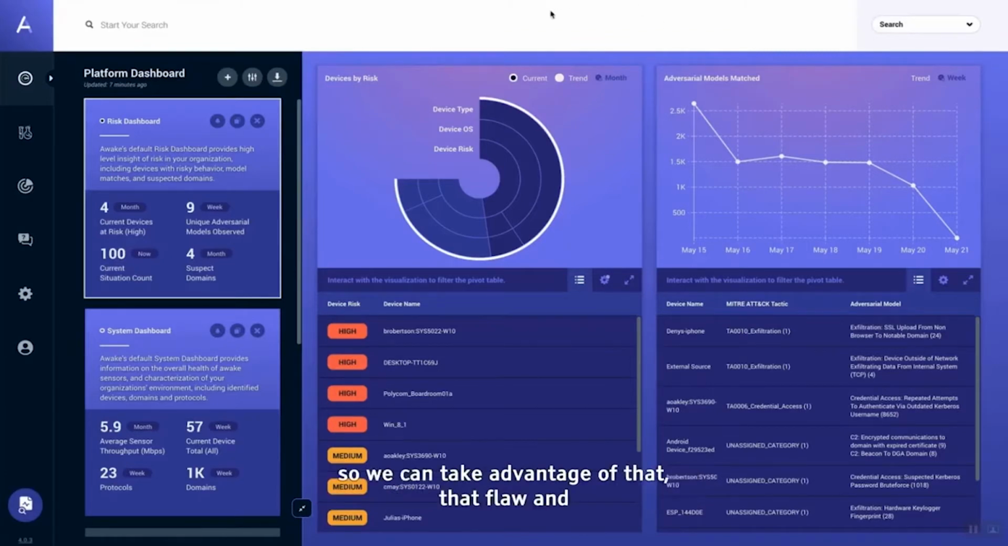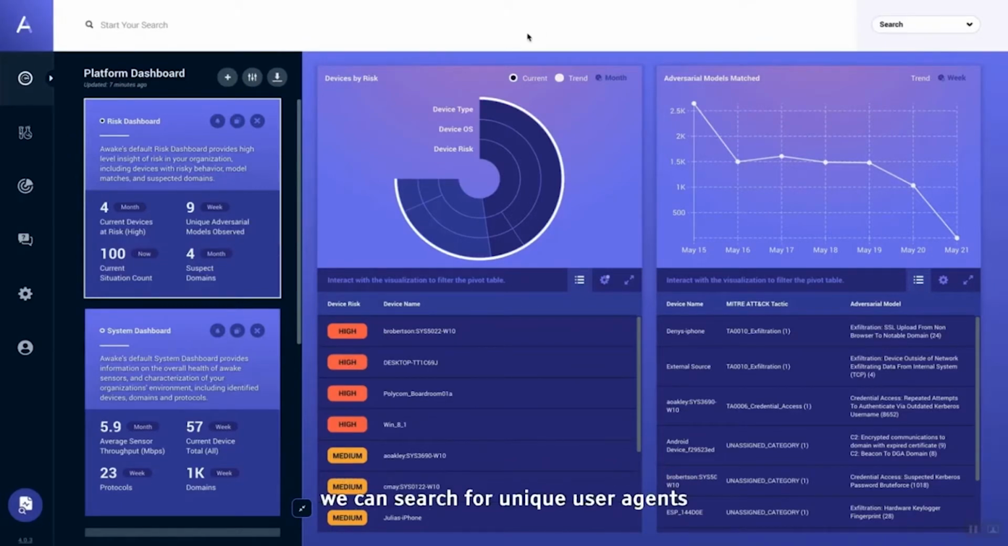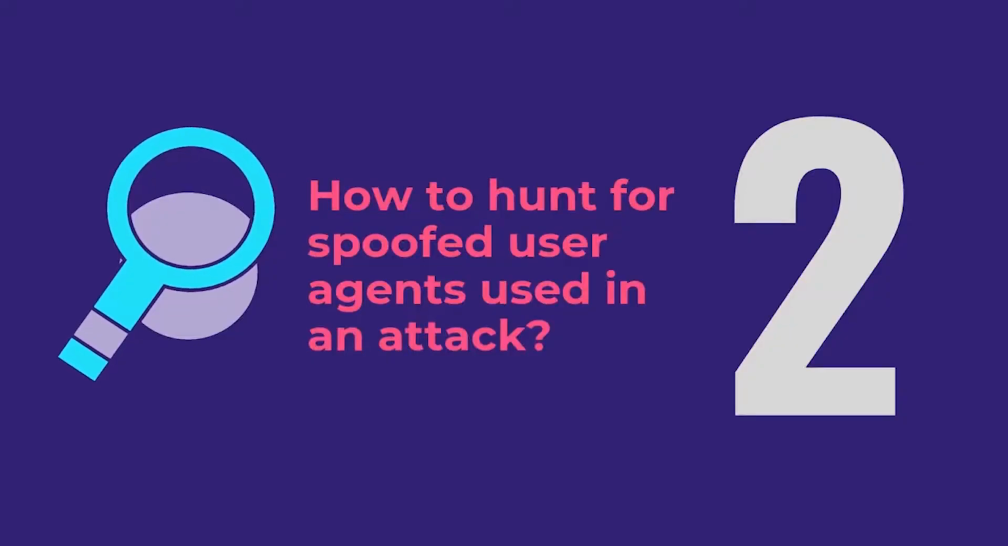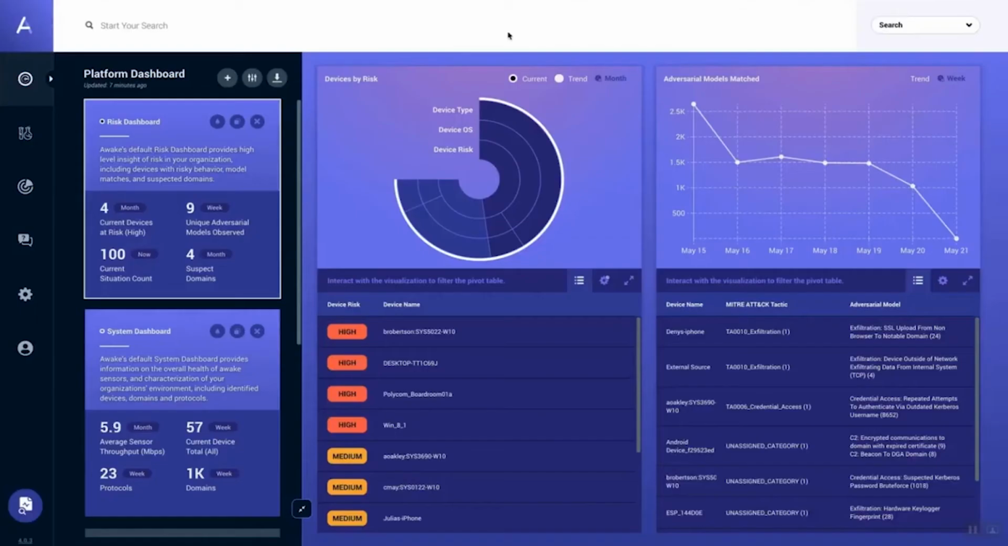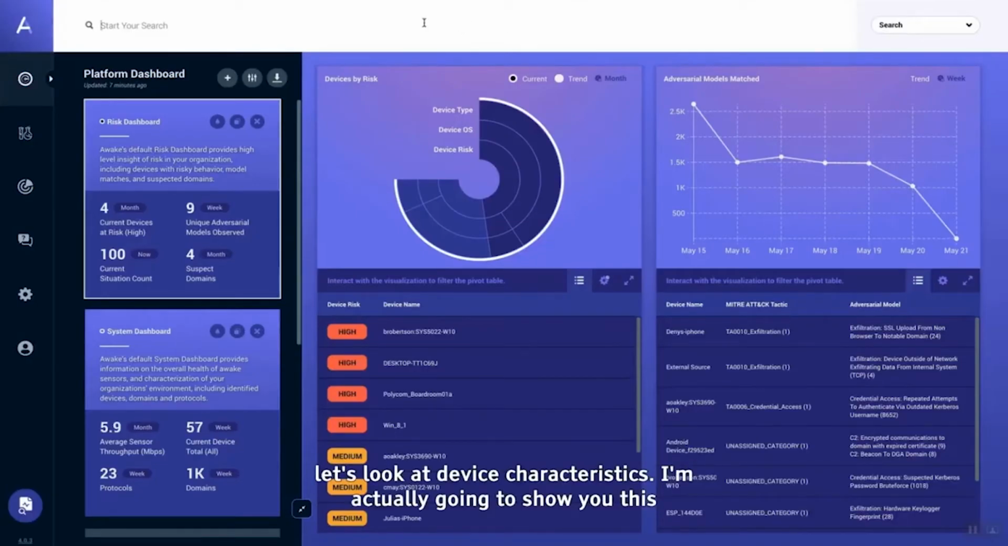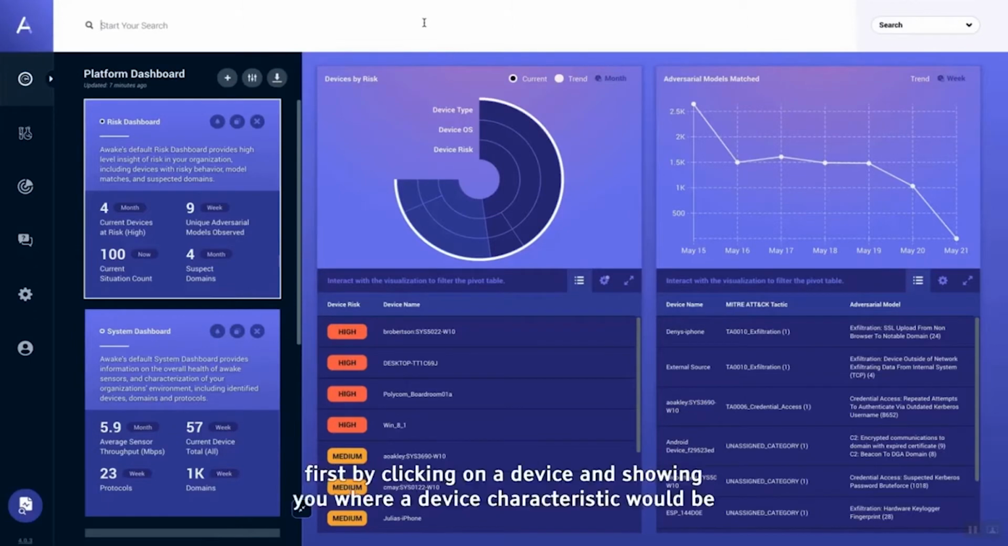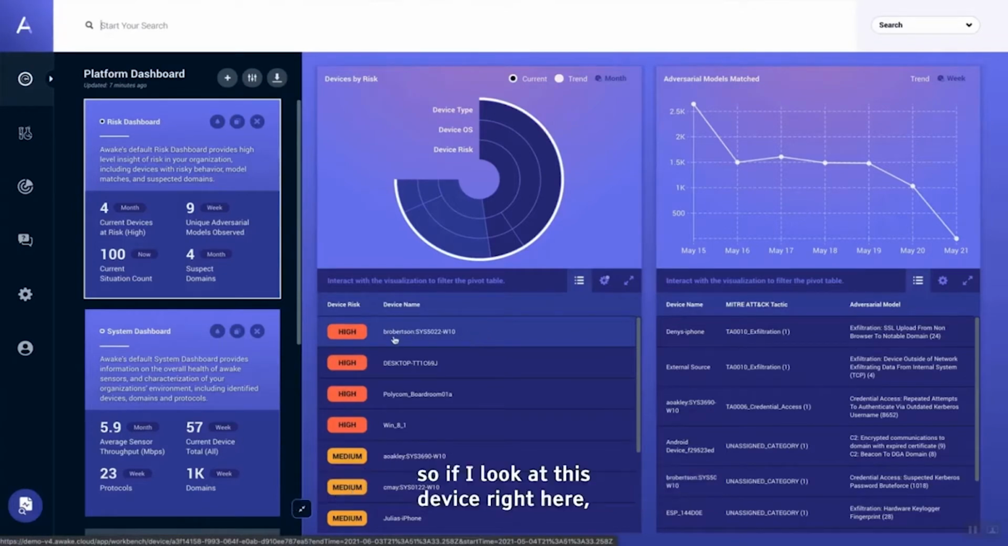So we can take advantage of that flaw and we can search for unique user agents in your environment using the Awake Security platform. All right, so what do we do first? Well, let's look at device characteristics. I'm actually going to show you this first by clicking on a device and showing you where a device characteristic would be. All right, so if I look at this device right here,